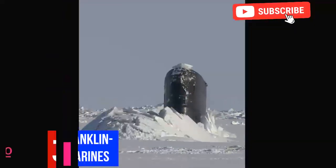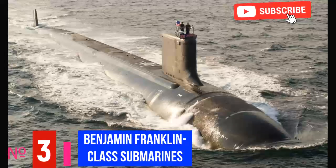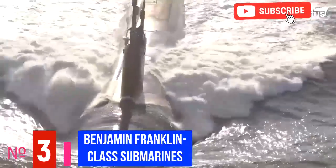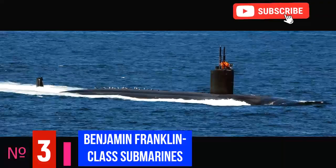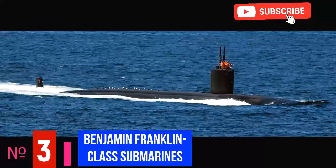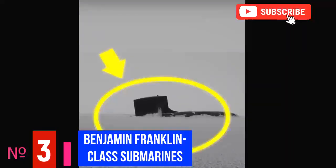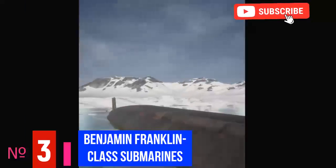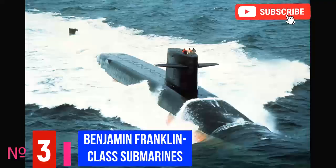Third place, Benjamin Franklin. Benjamin Franklin type submarines are a series of 12 American strategic nuclear submarines of the second generation, the third series of nuclear submarines with ballistic missiles after the Lafayette type. The boats were armed with 16 Polaris A-3 ballistic missiles. In the early 1970s, all boats were re-equipped with Poseidon missiles, and in the early 1980s, 6 boats received Trident